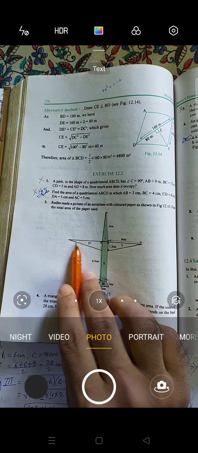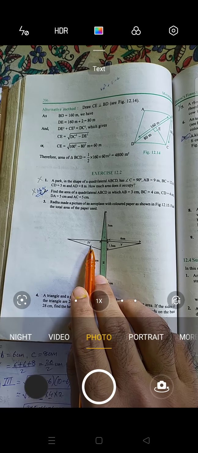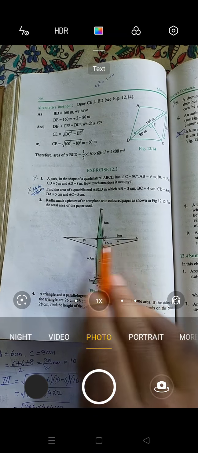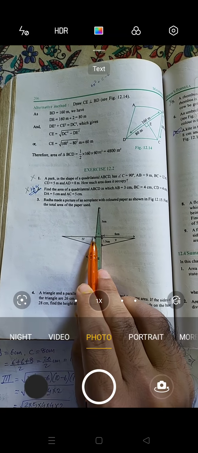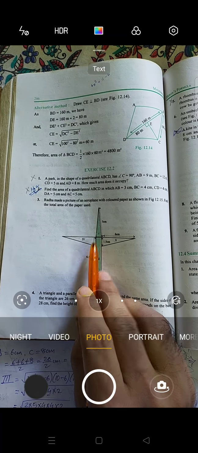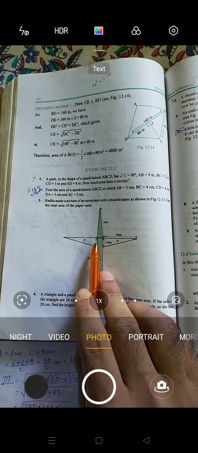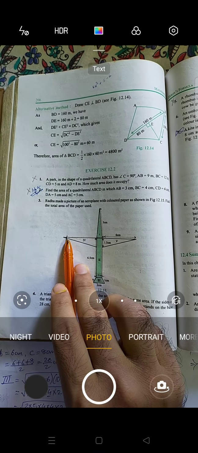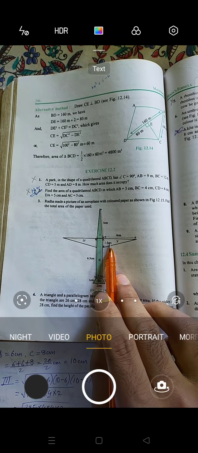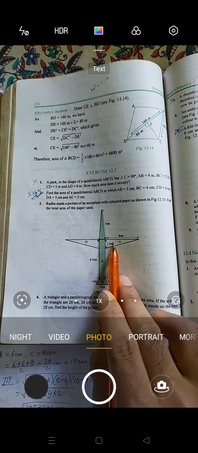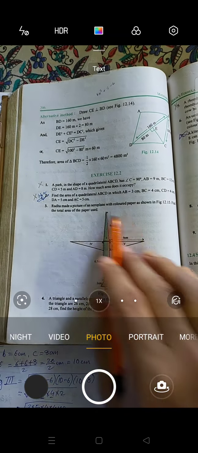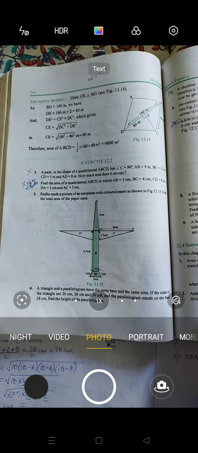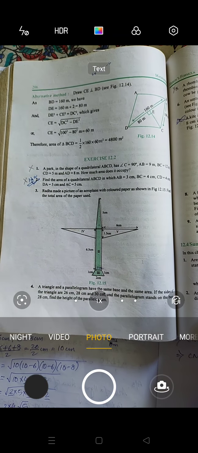Now figure number 4 looks like a triangle. In this case this is 6, so this is 6. This is 1.5, so this is 1.5, and this is always 90 degrees. So this is a right angle triangle. You can apply half into base into height, and the same way here also, half into base into height. You will get both the areas. Now you add all the areas together, and you will get the total area of the aeroplane.